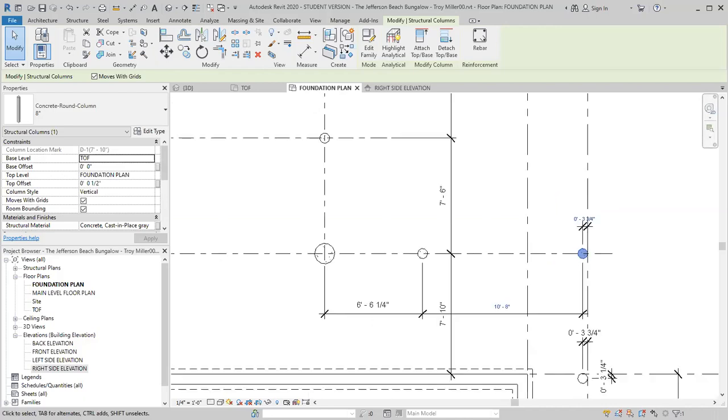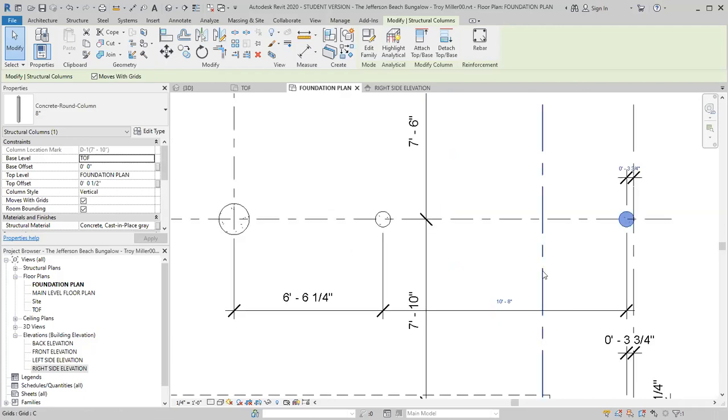So the only last thing that I can see here is I do not have an actual dimension for this P1. So I'm just going to go ahead and for now I'm going to